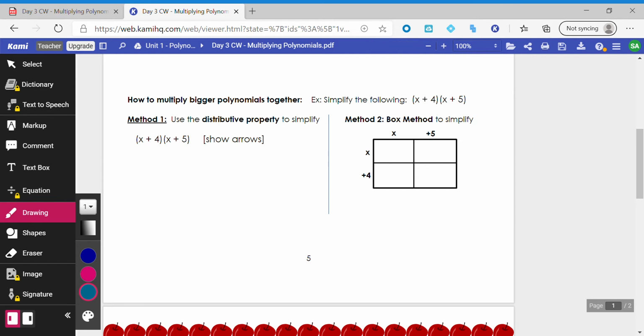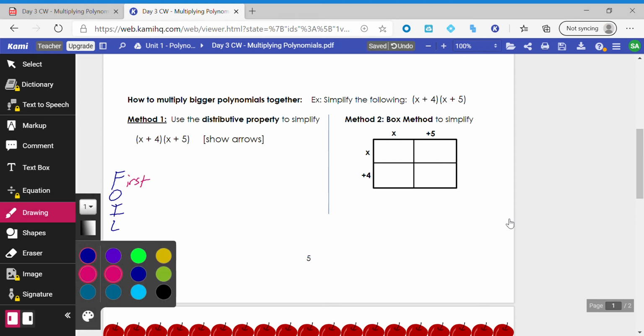Now, if we move on to a binomial times a binomial, 2 items times 2 items, we still use what's known as distribution. If it's 2 terms, there's a simple acronym you can remember, but distribution remains the process. So this acronym only works if it's 2 items times 2 items. So binomial times binomial. And it's called FOIL. And the acronym stands for first, outside, inside,